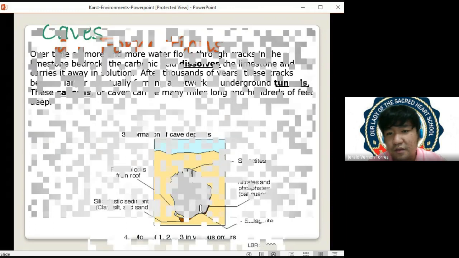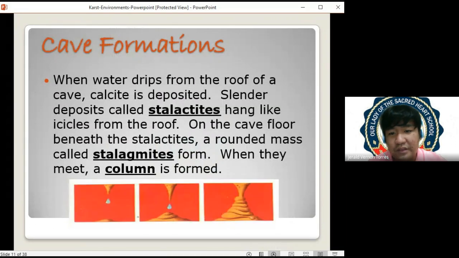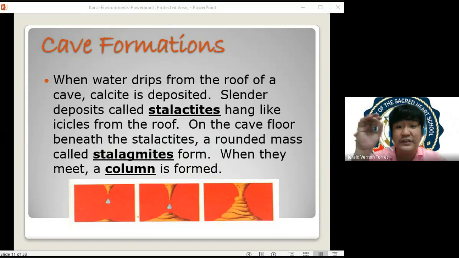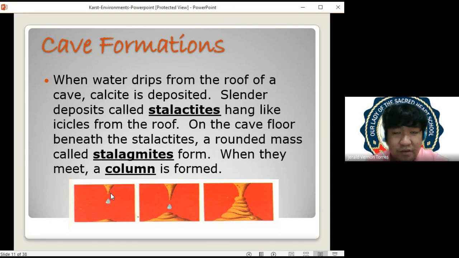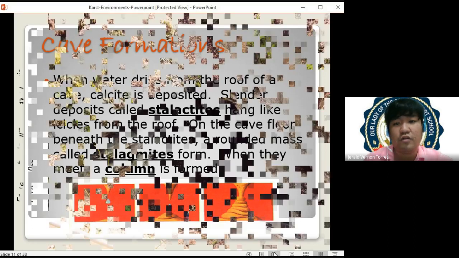So for you to understand that further, yung dripping water natin, yung nag-infiltrate na water, yung nag-drip sa cave natin. Yung carbon dioxide then would react with the calcite of the limestone rock. And upon reaction, pwede mag-deposit dito sa taas, forming your stalactite, sa ilalim, forming your stalagmite. And pwede rin silang mag-connect. Once na-connected sila, they will be called as columns. We call these formations as columns.